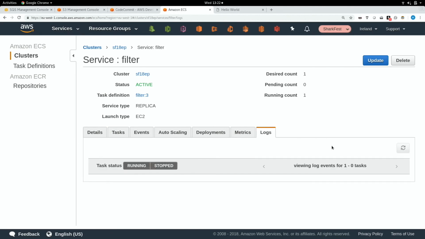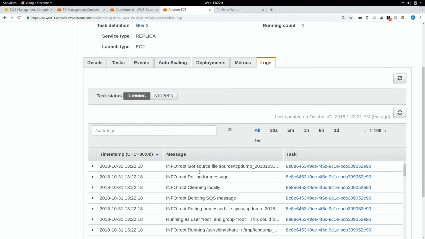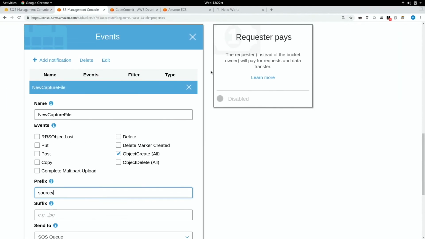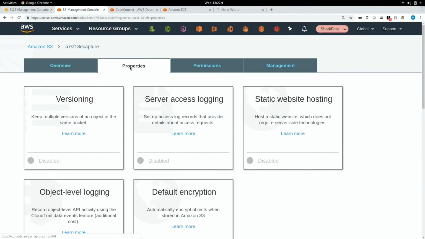And then if I have a look in my logs, with any luck, I can see it, because our logging has a whole load of verbose output saying I'm getting the file, I'm getting the file, I'm getting the file. Go back to SQS, and as you'd imagine, if I refresh that, we should have no messages available in the queue. Perfect. And then we go back into our S3. With any luck, we should have some packets that have been beautifully filtered for us.